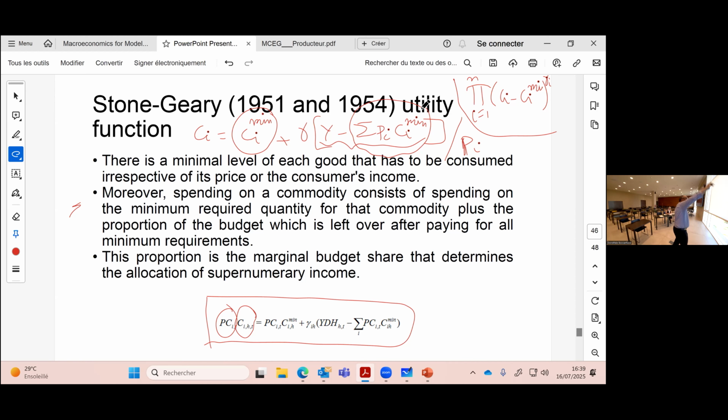It's a very interesting one because even if the price increases, we have to consume the minimum. If you want, this component here is like a poverty threshold, a poverty line, because we absolutely need to consume for each good what we have here. It's a very interesting behavior, but